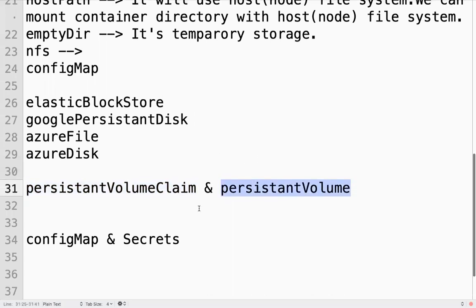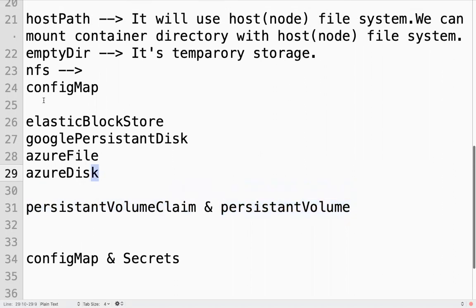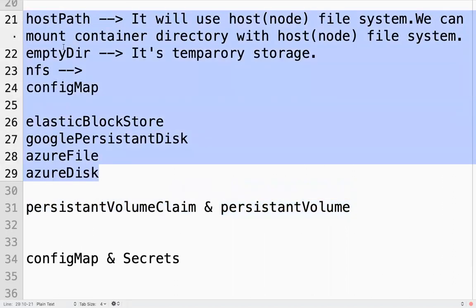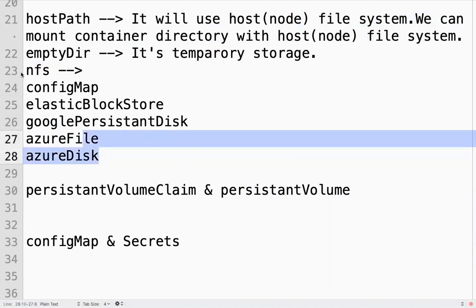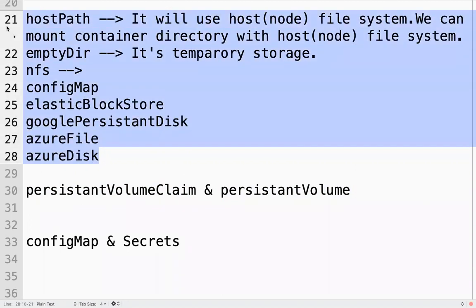I can use these volumes directly with my pod, but is Kubernetes going to maintain the state of the volumes outside of your pod if I directly use these storages?